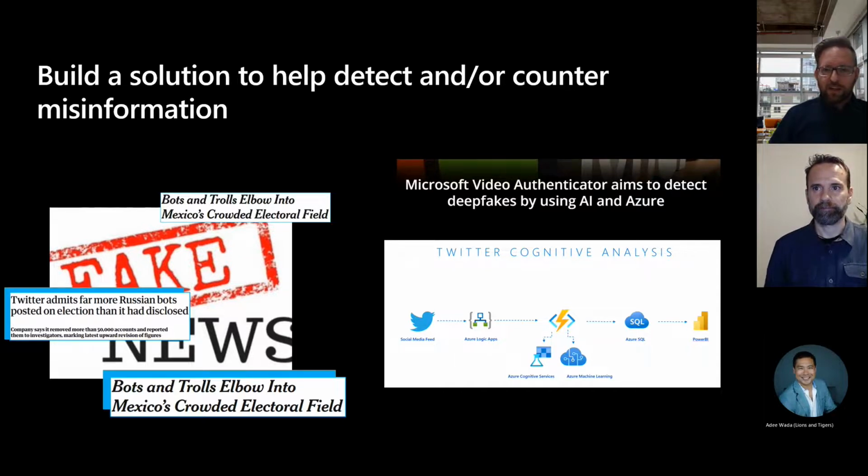This isn't necessarily an indication of something that you have to use, just something that we've used in the past. And for those of you unfamiliar with the Microsoft icons, in this architecture, we're basically ingesting a feed from Twitter using Azure Logic Apps, feeding it to an Azure function, and then leveraging both Azure Cognitive Services and machine learning to analyze that feed, then move it off to storage and reporting through Power BI.